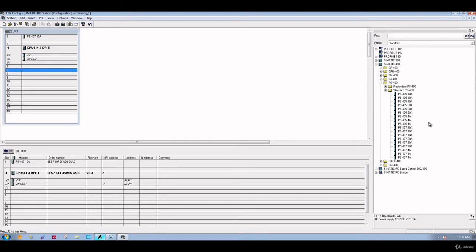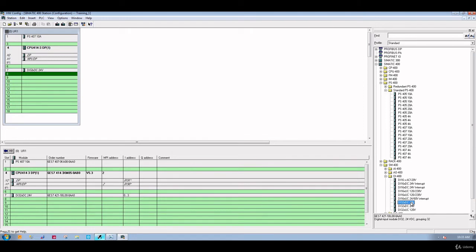Start from here. I'll just add the I/O cards in the ISM signal modules. I'll put some digital input cards. So I'll put like 3 digital input cards, 32 channel, 24 volt. So I'll use that one 3 times, that one and that one, and then I will use 2 digital output,